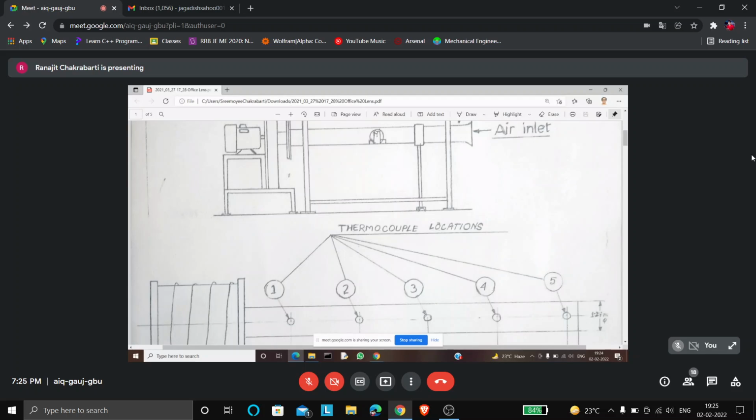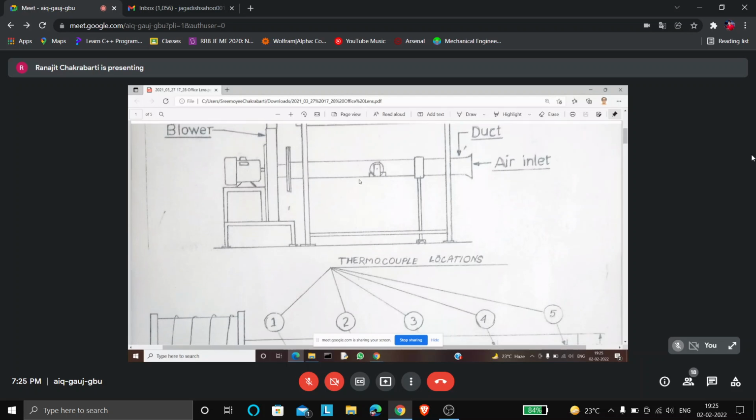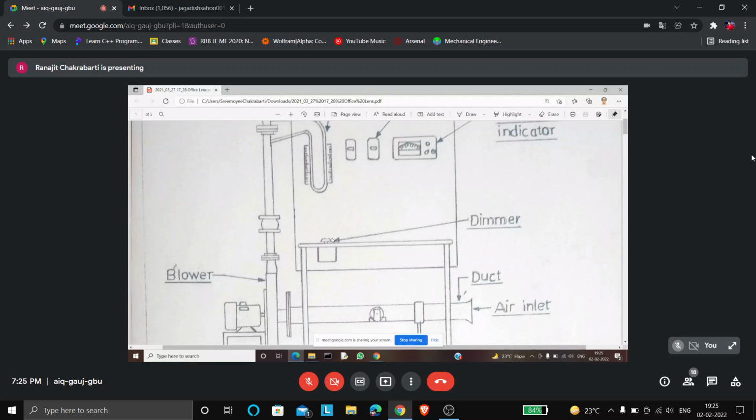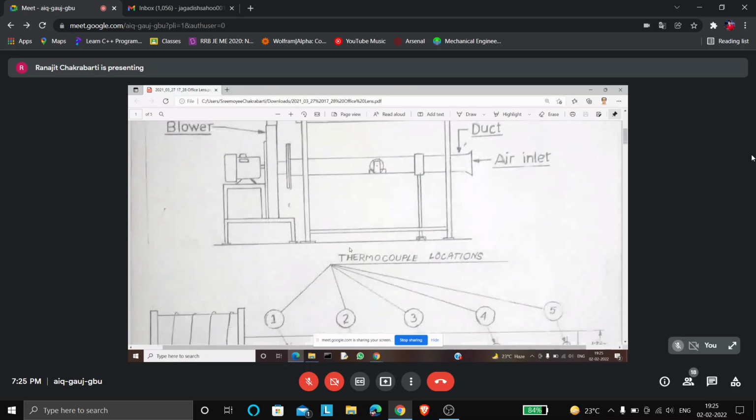And the heating coil is touching the rod, right? And the heating coil is getting its input from an electrical panel and all these things are there. We'll complete later. But for us, it is important that the rod is heated and the rod is not